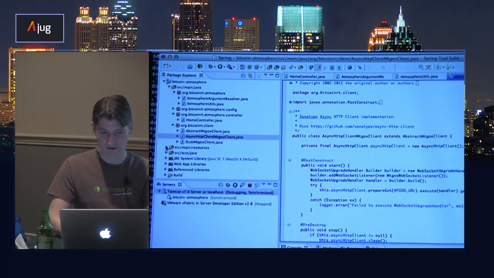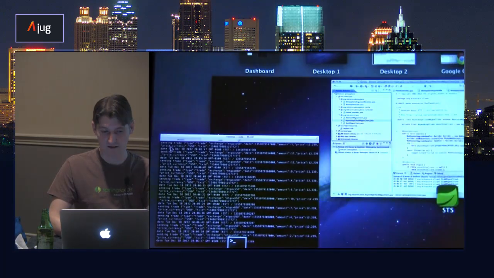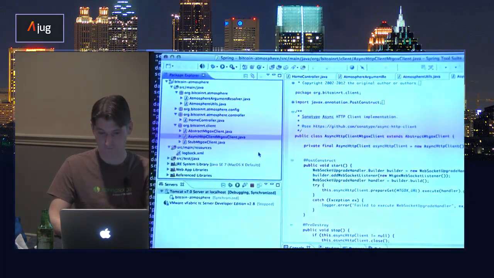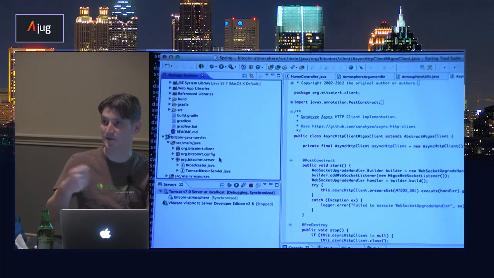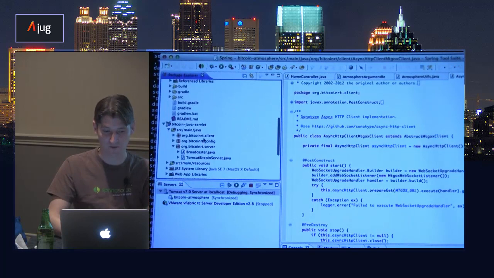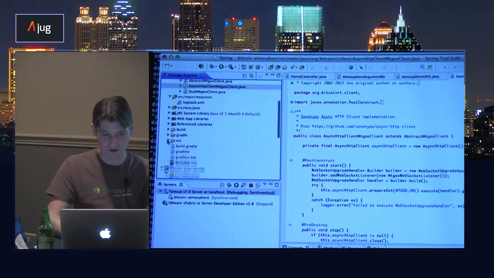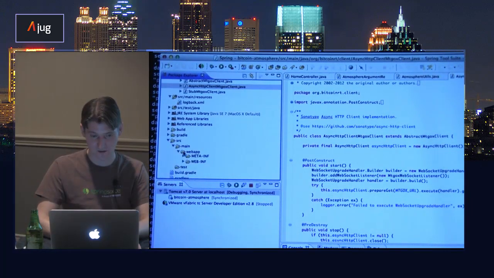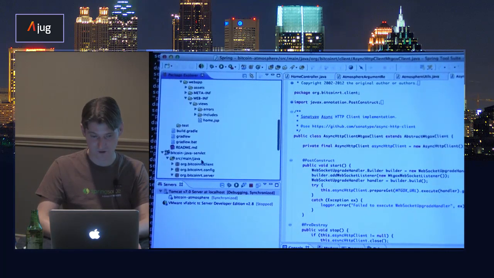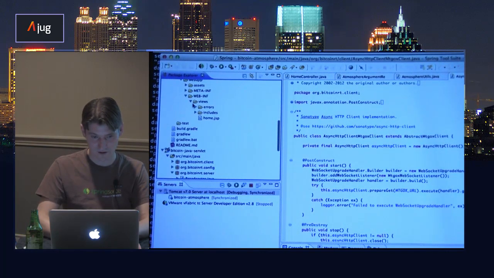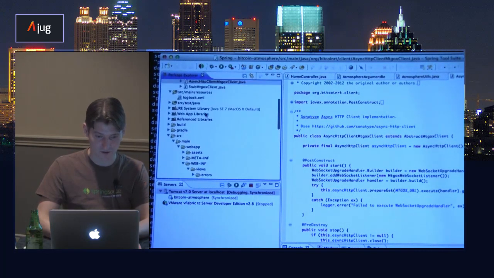The setup that's interesting when you're dealing with Atmosphere in your application is that you wrap your Spring application context setup. If you take a look at src/main/webapp/WEB-INF... oh, sorry, I forgot.